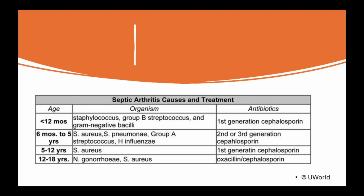This figure is easier. It shows that in children, mostly it's Staph aureus. In neonates, mostly it's group B streptococcus, and in college age, around 18 or 20s, most of the time it's Neisseria gonorrhoeae. Of course, the symptoms also would guide you. If there are symptoms of meningitis, that means it's Neisseria gonorrhoeae. Okay, then for Neisseria gonorrhoeae, you need to treat with a cephalosporin, not penicillin. Okay,